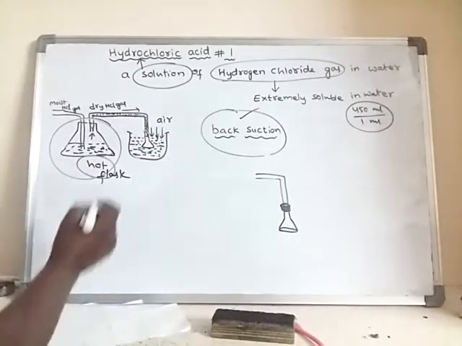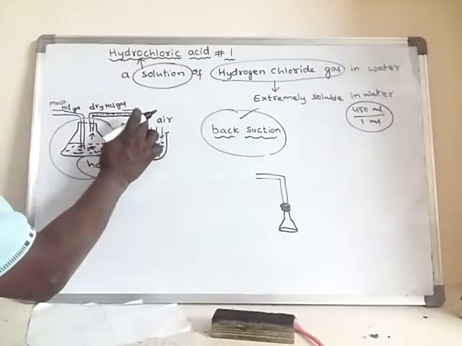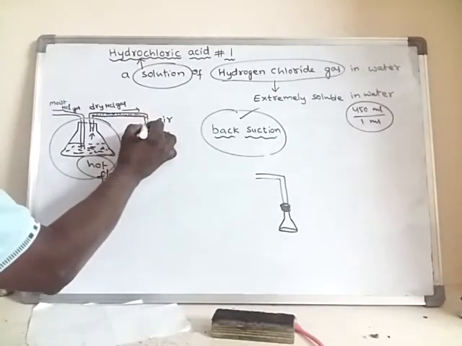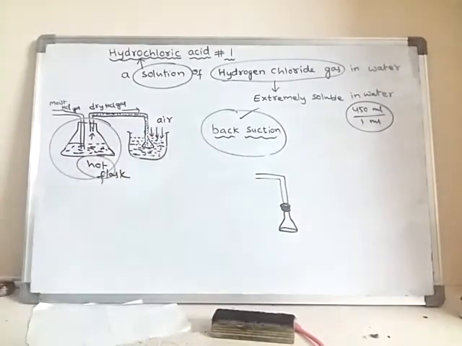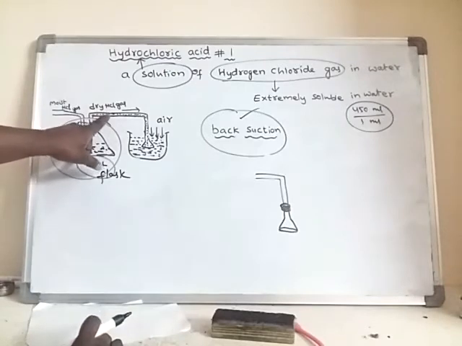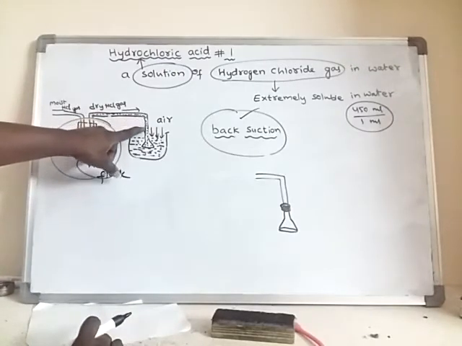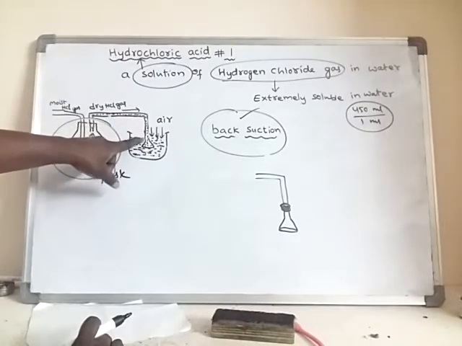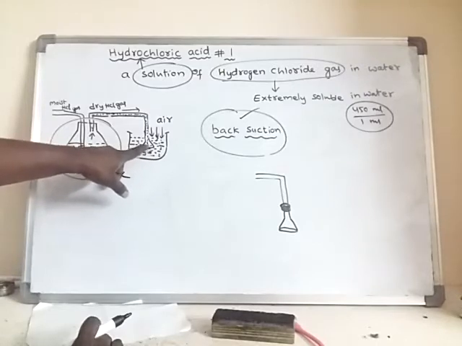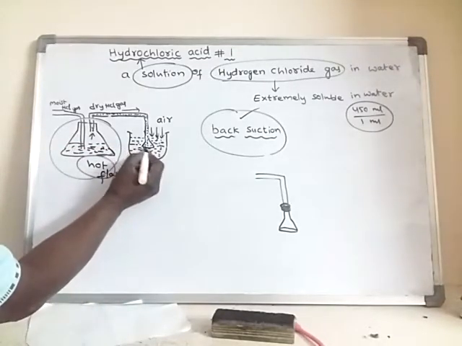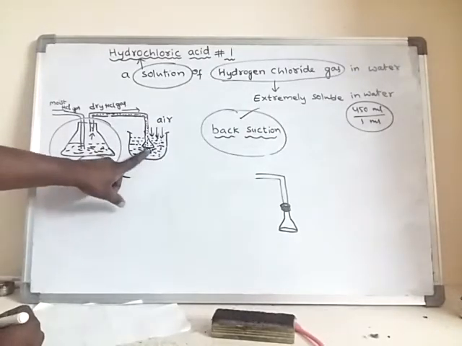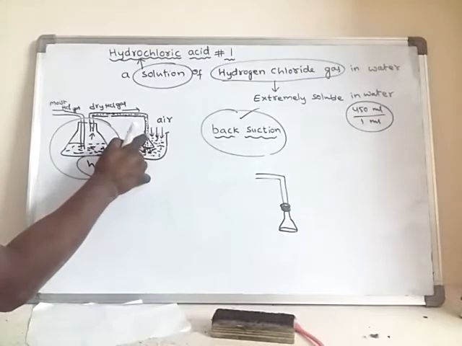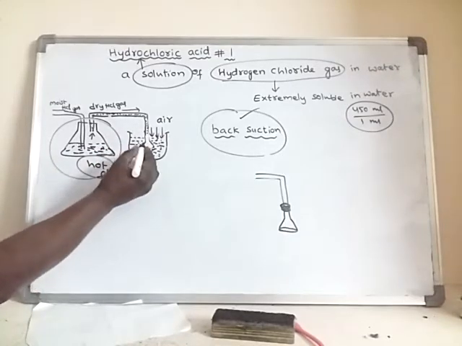Okay. So now this is the dry HCl gas. Here what happens? As usual, the dry HCl gas will flow from this delivery tube into the inverted funnel, and finally it reaches the water. Because of water, what happens again? Here low pressure is developed. Again here low pressure is developed.